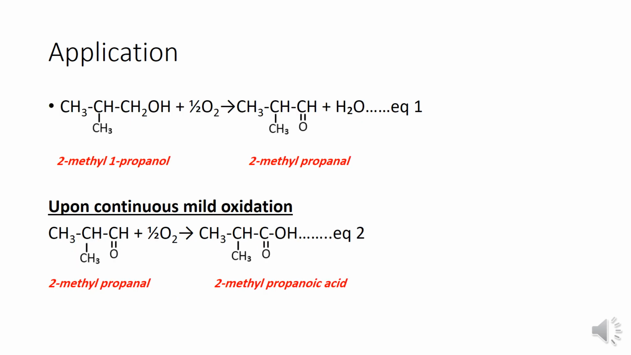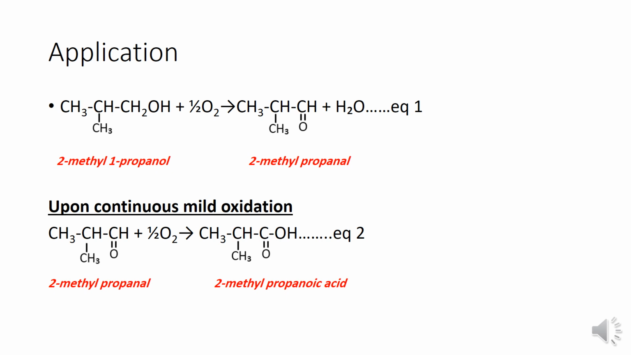Now let's take another application where we have a branch on the main chain. The branch here is CH3, and we have also a primary alcohol because the first carbon atom bearing the OH has 2 hydrogen and 1 R. What do we call this branched alcohol? We call it 2-methyl-1-propanol. In the presence of half O2 and copper, the functional group of the alcohol, OH, will become